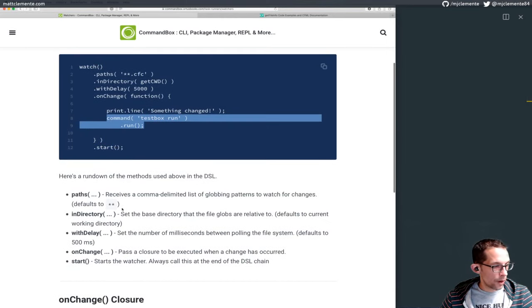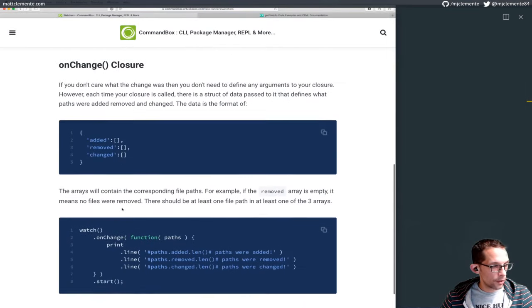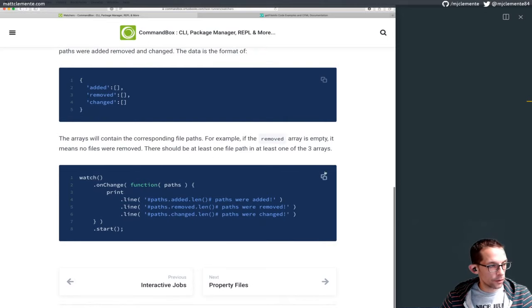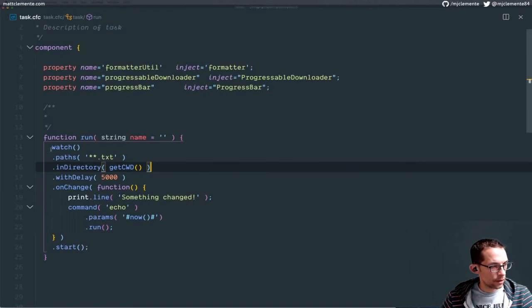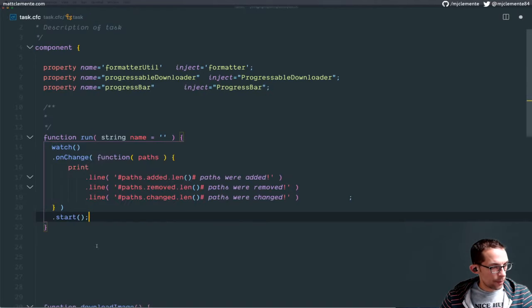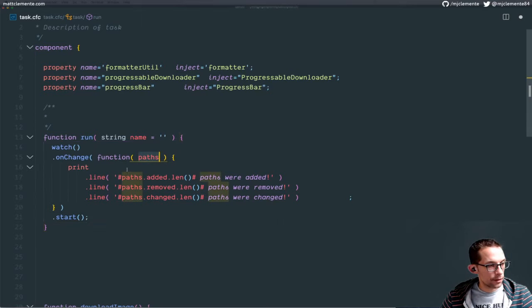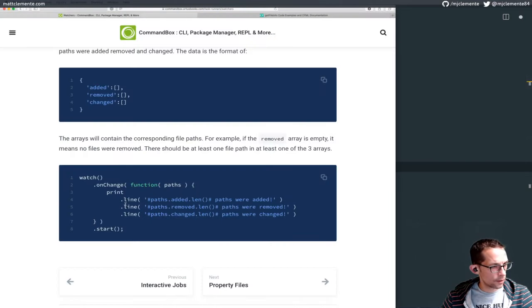We'll jump over to the watchers now and look at that closure. This seemed like a very helpful example function. So we'll grab this and swap it in here. So we're watching, it defaults to the current working directory, so we don't need that. And then we're passing paths. Now I do think this formatting here is going to break, but